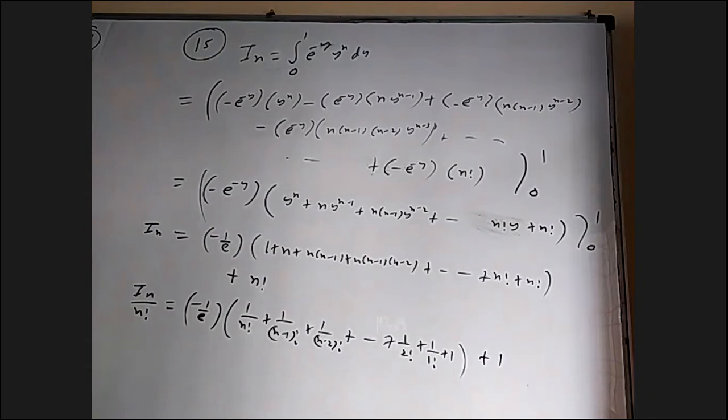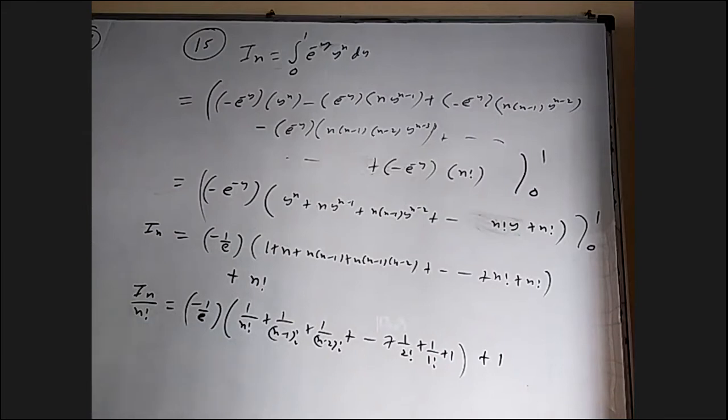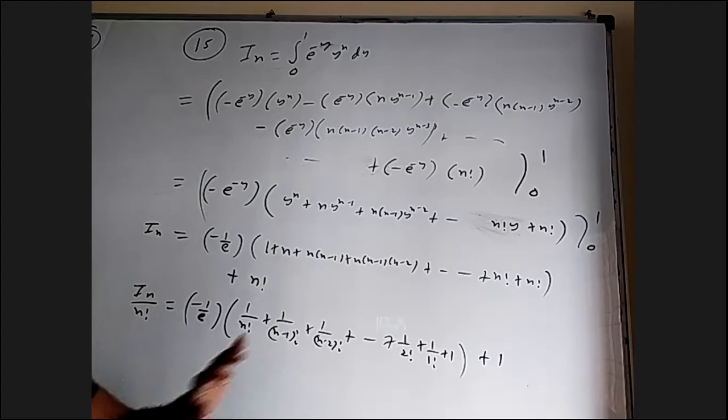Okay, so the previous one is very nicely tamed, where In alone we cannot find there, but we are able to find the total answer. Okay, so we are not going to use it in the solution or something like that. Just I am telling how to directly write the answer. Whether it is useful or not, second. Let us if I use reduction formula step by step, what will happen? Okay.